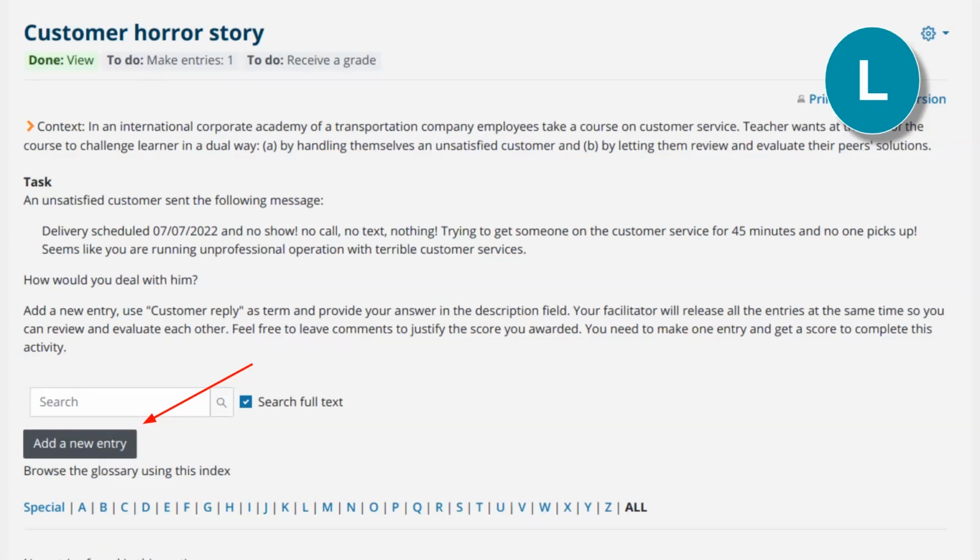While in the previous example, learners were assessing teachers' entries, now learners need to make submissions and evaluate each other. And of course, while in the previous example, the teacher's approval was used to give teachers the ability to review and provide first feedback to the learners, this time it is used just to control the release of the entries. So all the entries will be released within seconds and not in different days.